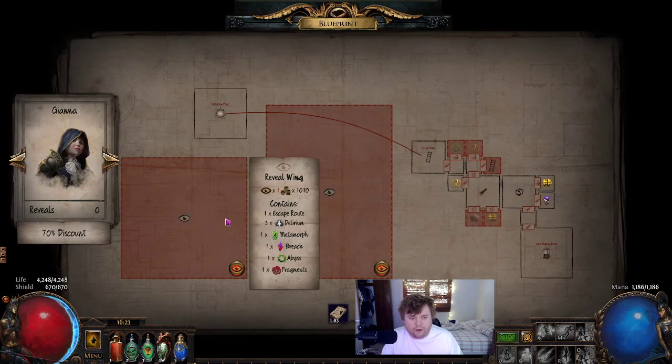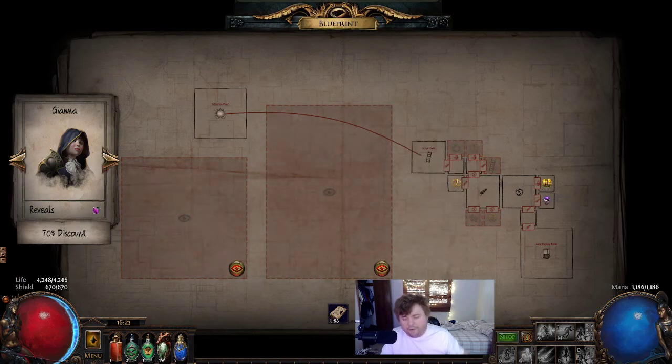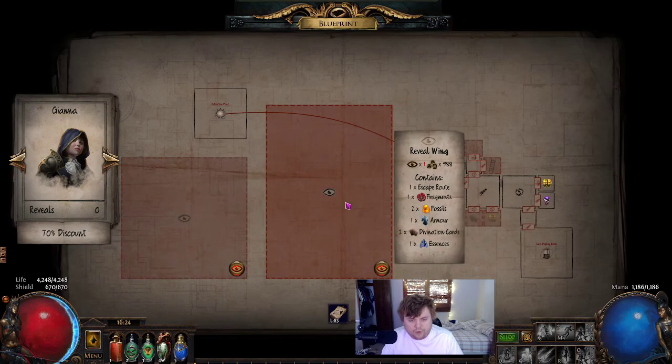Well, hello. Reveal blueprints. I'm gonna put this in here. Yeah, I don't have any reveals currently. I've been running these a lot. You have a 70% discount, and you get one of these reveals every time you complete a deception contract. But why is this important? Revealing the wings is really important. So let's jump into